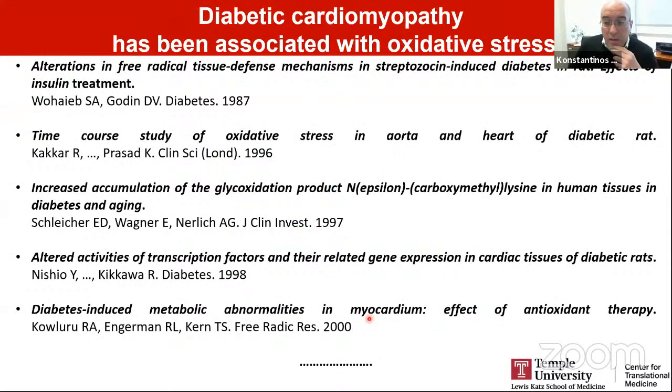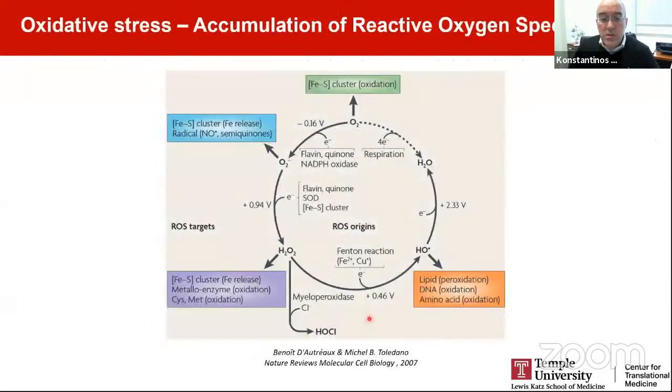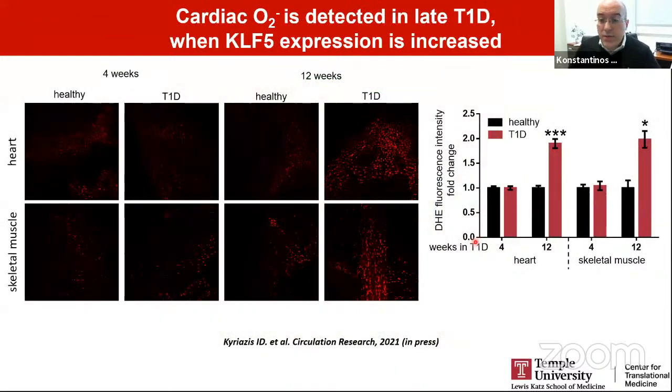So we started thinking about what may be happening in diabetes, and KLF5 causes cardiac dysfunction. More than 30 years ago, people had observed that one of the aggravating consequences of diabetes for cardiac function is oxidative stress. Oxidative stress has to do with the formation of reactive oxygen species. There are different types of reactive oxygen species. Oxidative stress starts with transfer of electrons to oxygen, which leads to the formation of superoxide that can eventually lead to the formation of hydrogen peroxide or hydroxyl anion. So we started from that and said, okay, let's see if KLF5 has something to do with oxidative stress.